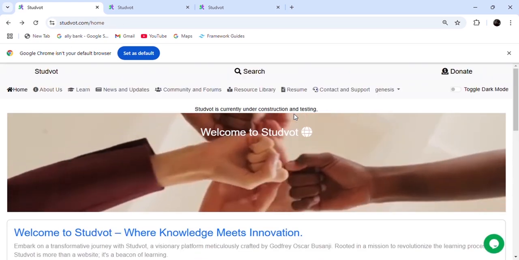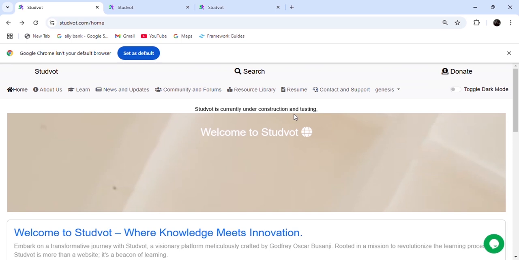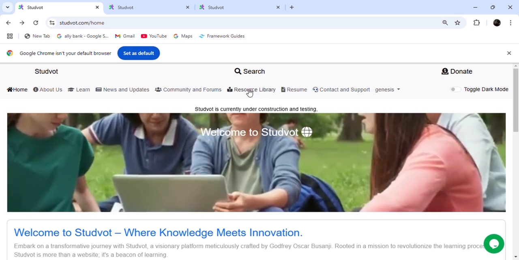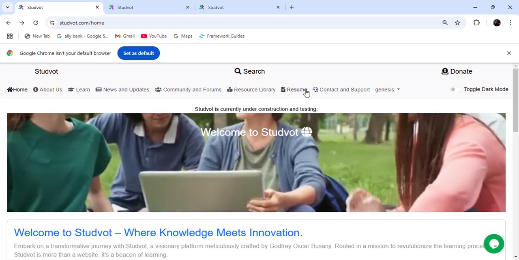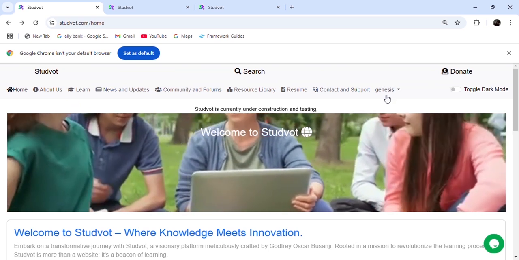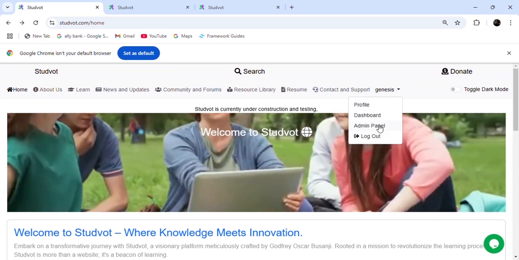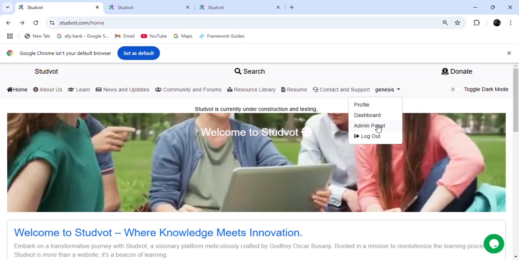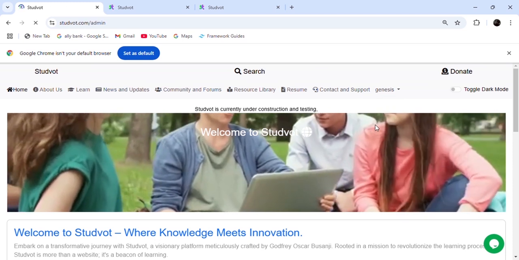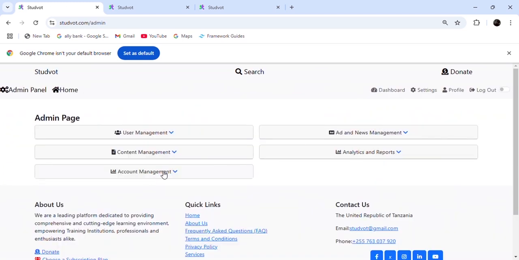In contrast to the previous video, it didn't have such a resource library and Legion. We have also updated various things in our admin panel. Let's go to the admin panel. Currently Genesis is set as the administrator. Okay, so in user management,